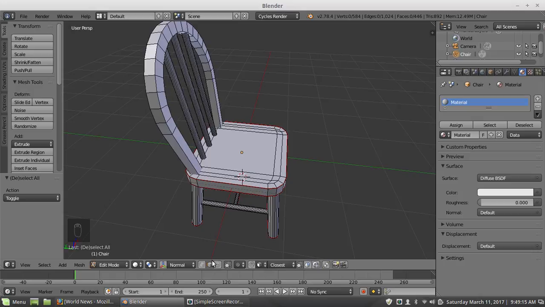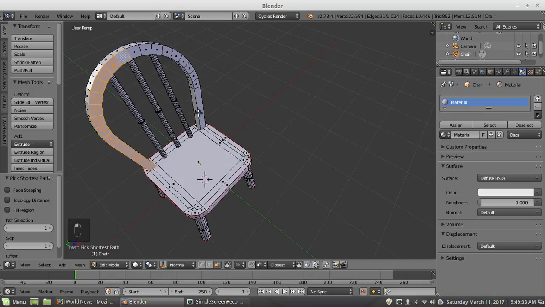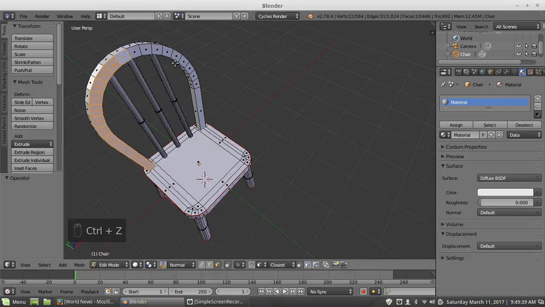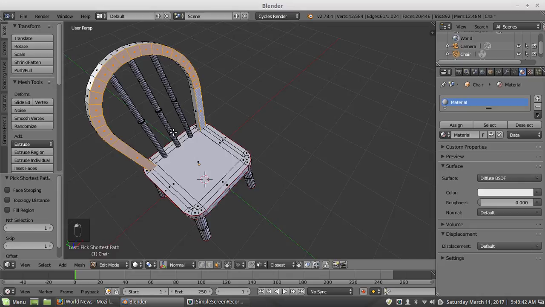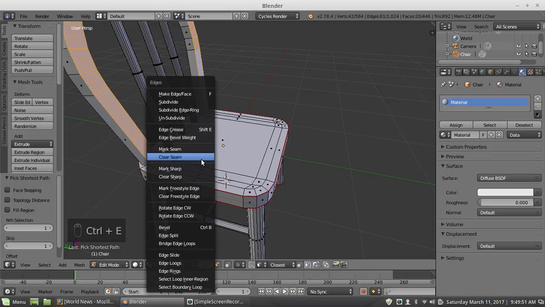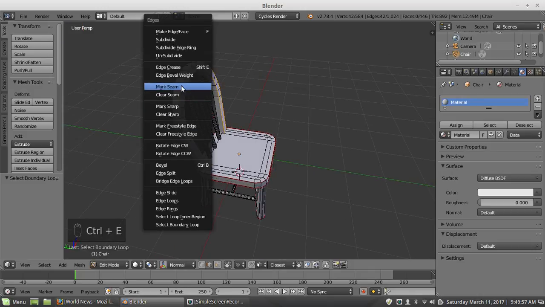And then for the chair back, what I'm going to do is select here, and I am going to Control click. I know I usually say the select click, but some people have it the other way. So I am going to hold down Control and then left click, and it will chain select. Because if you hold down Control and right click, it's going to do some weird stuff. So yeah, hold down Control and left click and it chain selects. And then I will go to Control E, go to Y, and that gets the boundary. And Control E and mark seams.